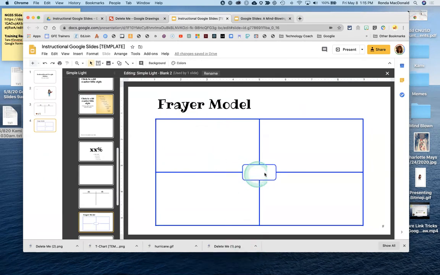And then I would definitely put the topic in my Edit the Master, not in the templates that I'm making, but the one that I made a copy from my template. So right now, if you're just making templates, you're not gonna put anything on the T-chart. You won't put anything here. When you make a copy of it, that's when you'll go in and add stuff like what I'm doing right now. So I would add a text box right here